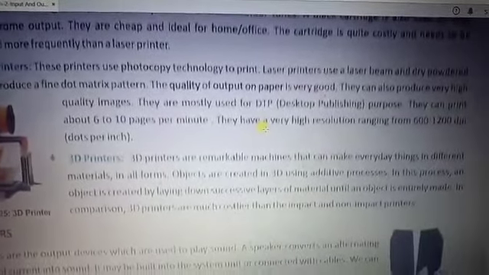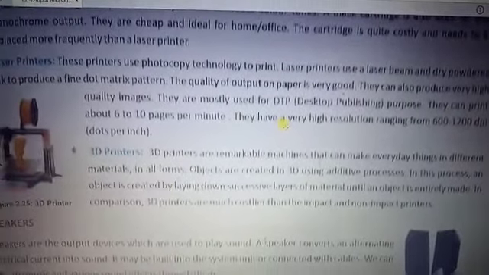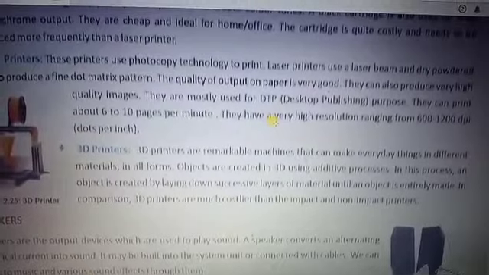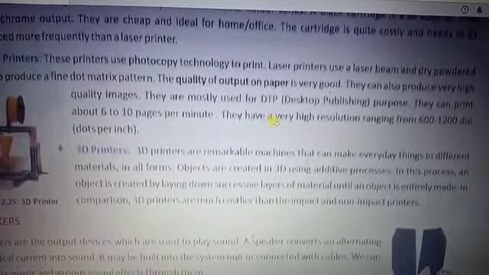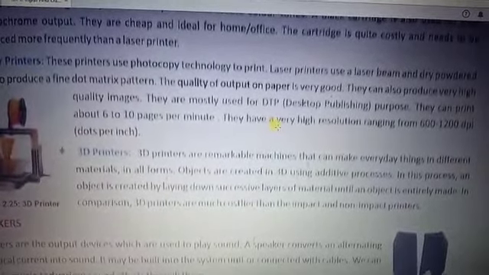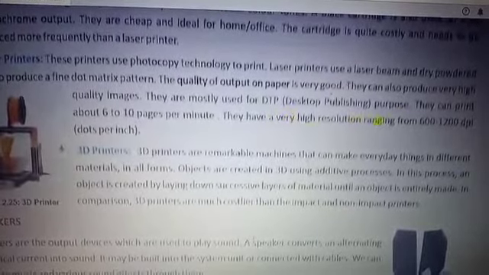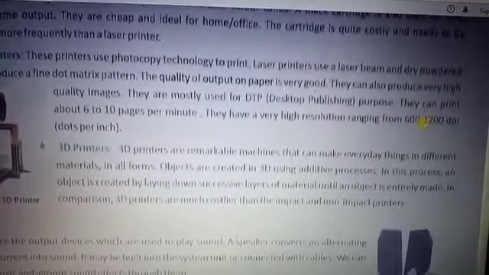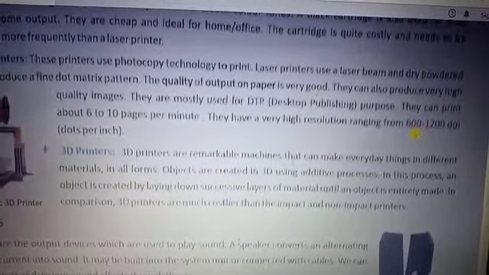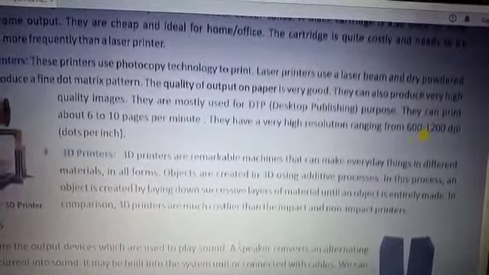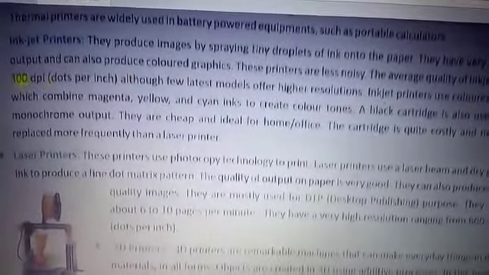What is resolution, students? It is the number of dots per inch that can be formed during printing. So it provides a minimum of 600 dots per inch and a maximum of 1200, whereas the inkjet creates only 300 dpi.